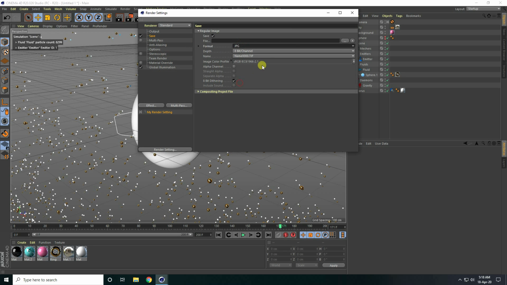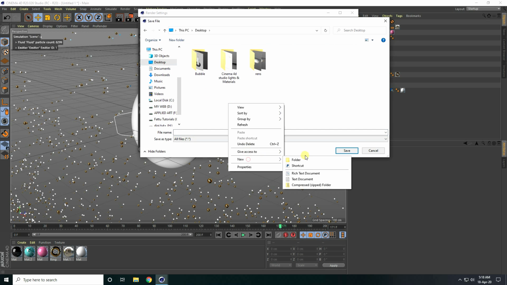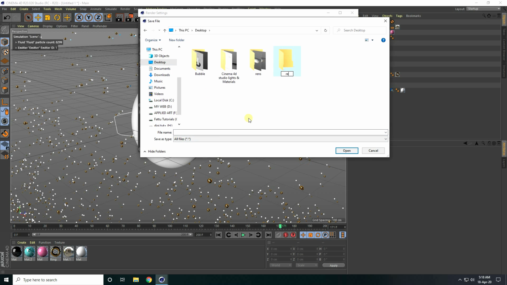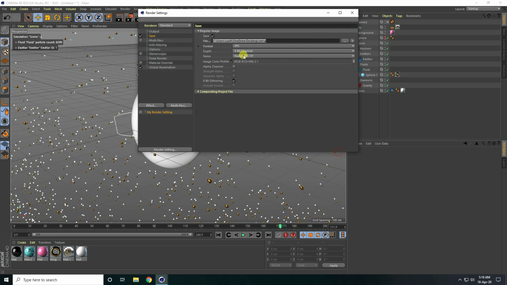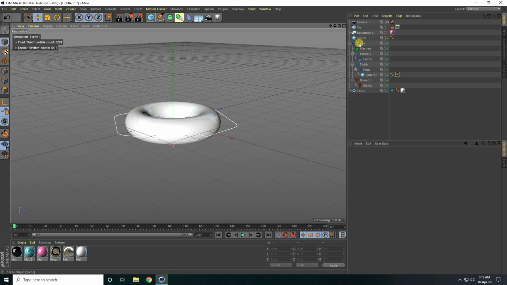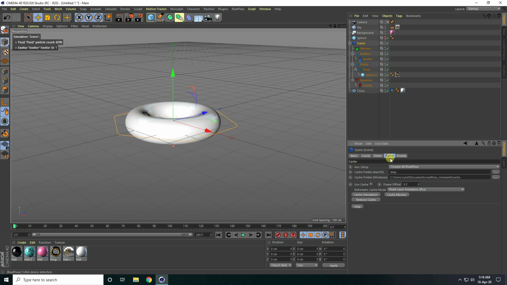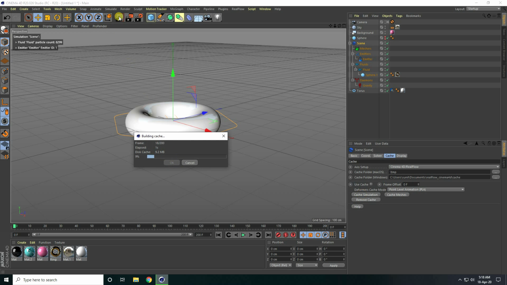and go to desktop and create a new folder like render and take any file name. Yes, that's it. So close. And guys, before render, go on here to screen and check use all GPU. That's really better for rendering, and go to cache simulation check. Yes, after cache, create render.